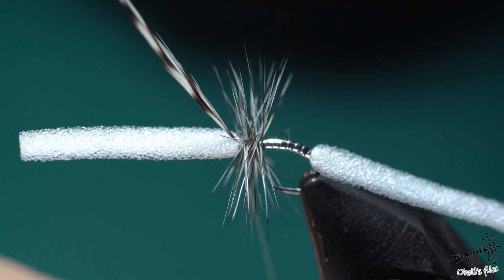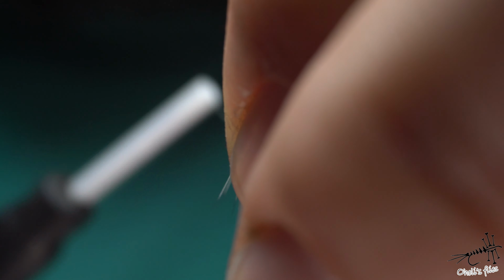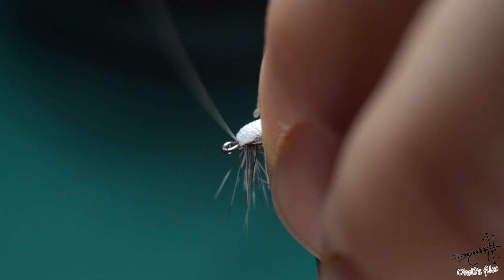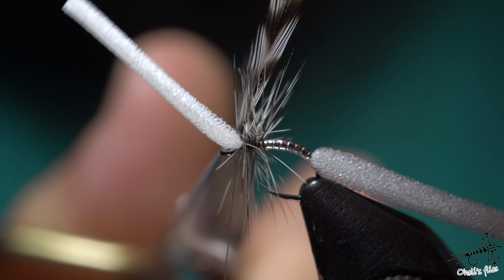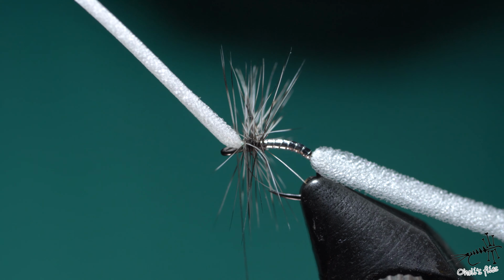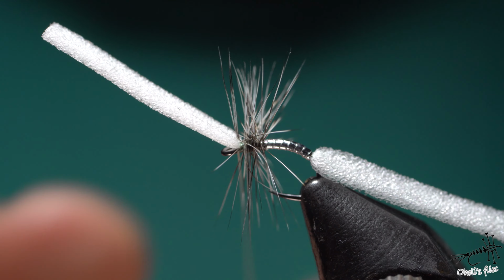Now I have to be careful now. I have to compensate, so I have to catch the feather with one or two wraps, and then I have to transfer everything in front of the foam. Now I can apply some pressure over here. Now I'll cut the feather, but I'm not gonna cut it like so. I'm just gonna push the scissors over the rachis, and then my friend would suggest me to do the hand whip finish here. But honestly, I'm not super comfortable doing hand whip finish on such a small fly yet, so I'll just do my usual